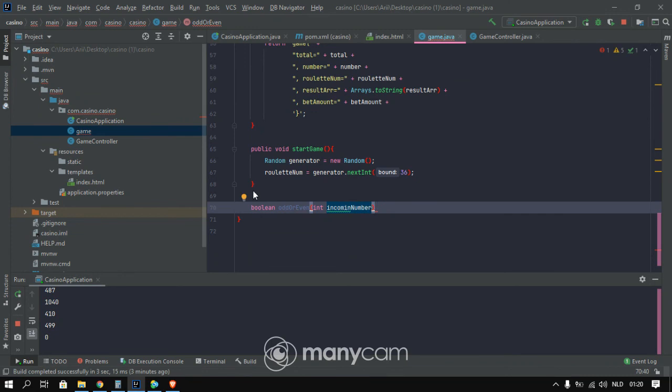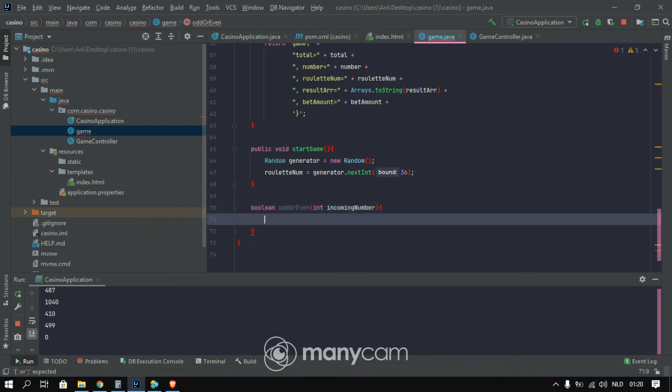to return back whether that number is even or odd. Okay, and here we are saying boolean, for example, even. I'm assigning it to false. After that,